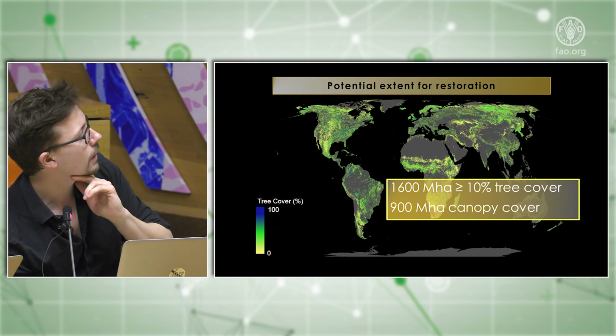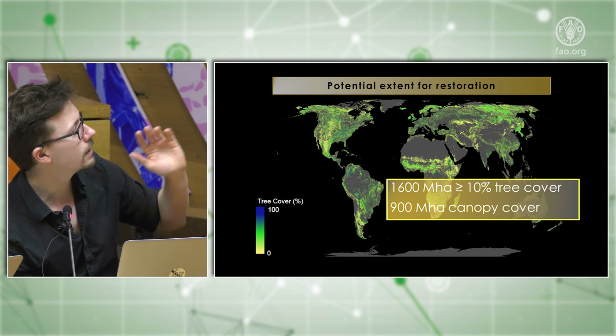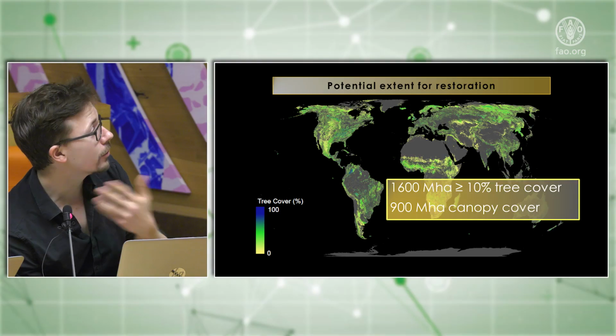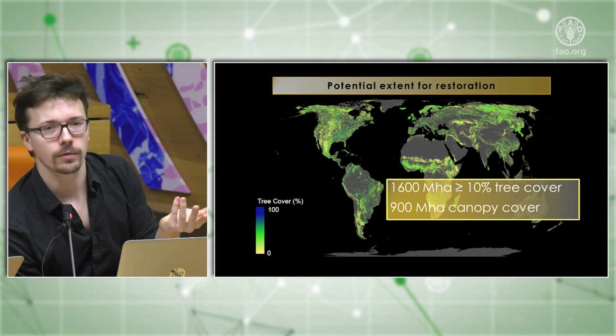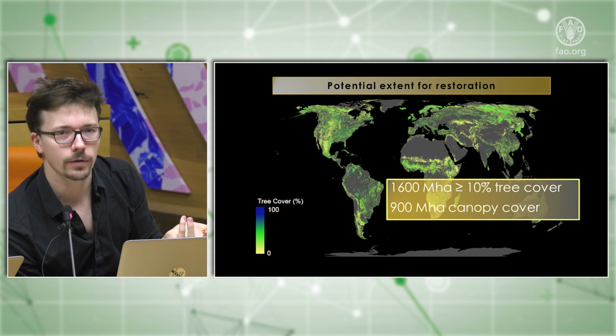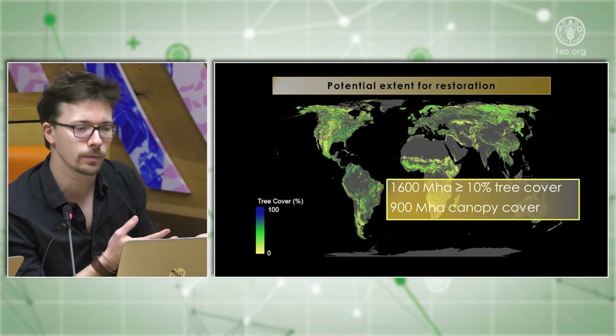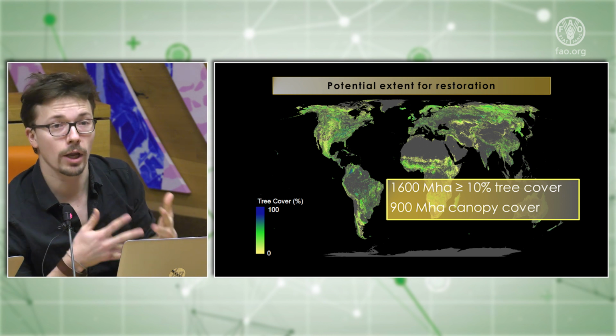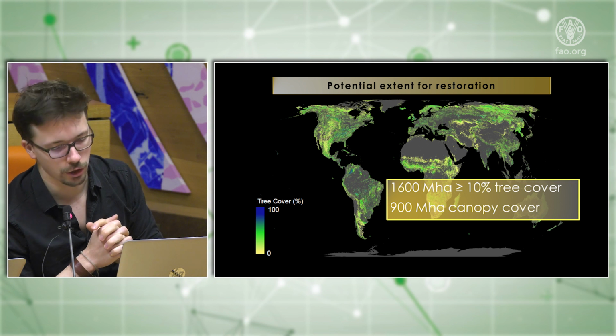Here I didn't really develop that in the slides, but because Julian mentioned it, this allowed us also to compare country by country the pledges of several countries to the Bonn Challenge and what we saw. It was striking to see that some countries are very far away from what they could do at the national level, even if we remove the croplands and urban areas. So some countries are really below 10% of what they could realistically do. And other countries are far beyond 100% of the total potential that they have. So it was quite nice to see that by developing these tools, we can probably better frame those pledges of those countries to the Bonn Challenge.